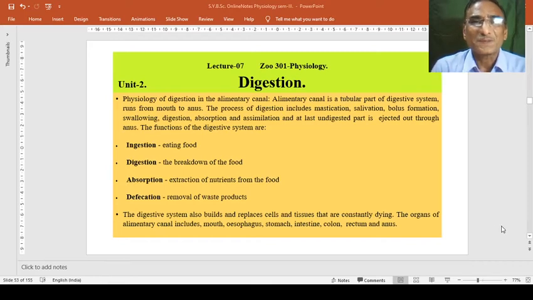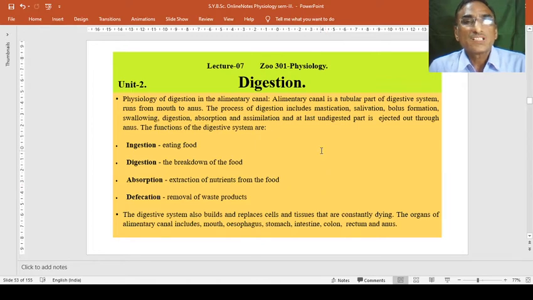Dear students, in the last lecture we have seen the structure of muscle and the bands or stripes, which are I band and A band, and alternate these bands are working for the contraction and relaxation of muscles. Now in this lecture series of physiology we will start our next lecture, which is on the physiology of digestion. So this is our unit second,